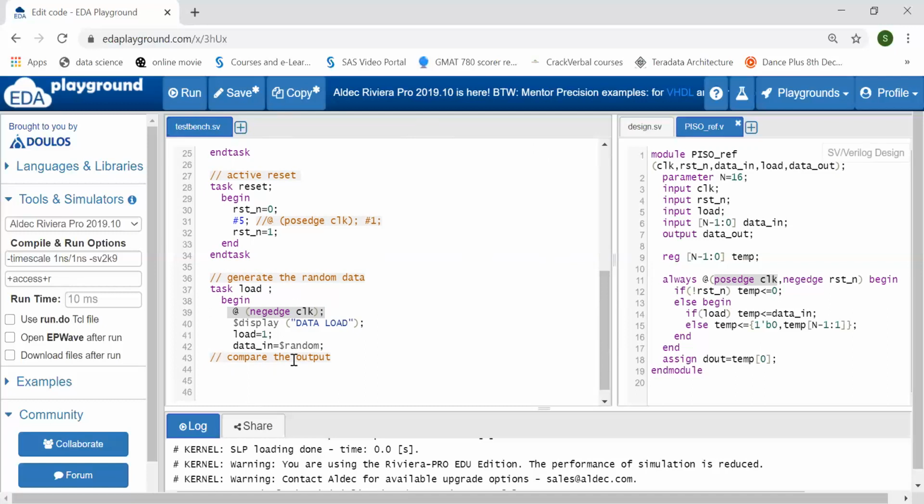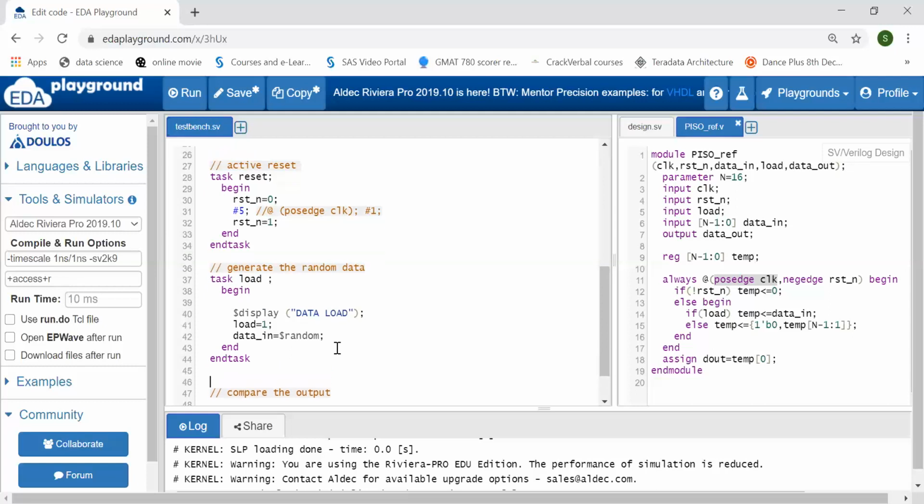Okay, so now data in, so this is completed. And end task. Okay, so now task load is completed. Next, task shift is also there. Okay, so in the shift, only my load signal will be 0.